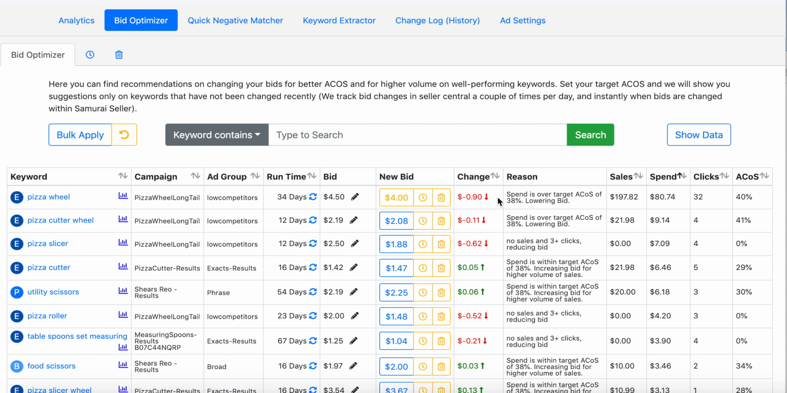So at the same time, you can go ahead and just set your own what you want to do here. But the cool thing about this is that it actually tells you, well, look, this runtime, this is how long you've had your current bid, okay? This $2.19 bid, it's been going on for 12 days. This is my ACOS right now. So let's say you could maybe lower it a little bit,